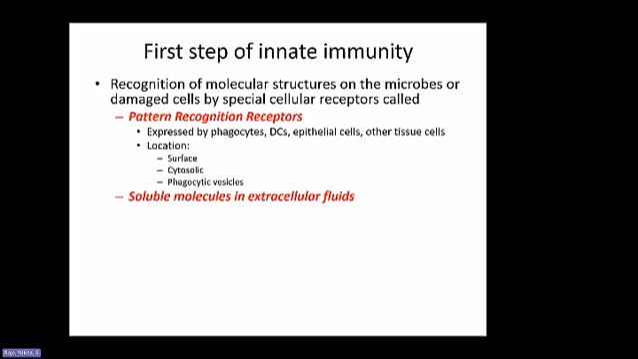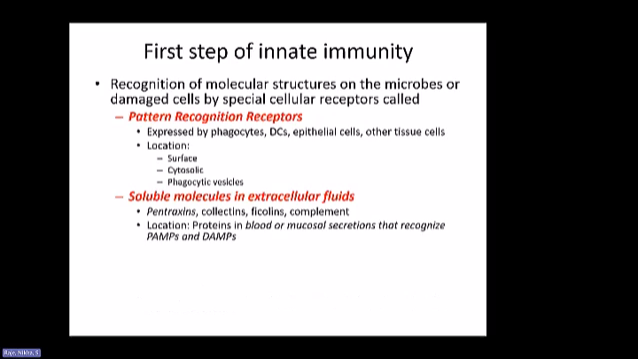But sometimes it's not the cells that come across the microbes. And so there has to be a way to recognize the molecules or PAMPs and DAMPs that are present in extracellular fluids. So there are some soluble molecules, not receptors associated with cells, but there are soluble molecules in extracellular fluids that can also recognize some of these patterns or PAMPs or DAMPs. And so those are pentraxins, galectins, ficolins, complement, and these are present in the extracellular fluids where they might come across the PAMPs and DAMPs. All right, so